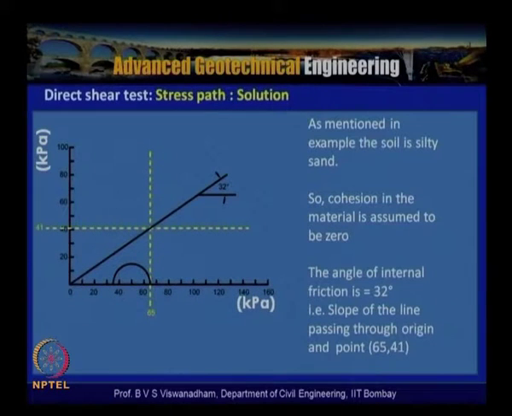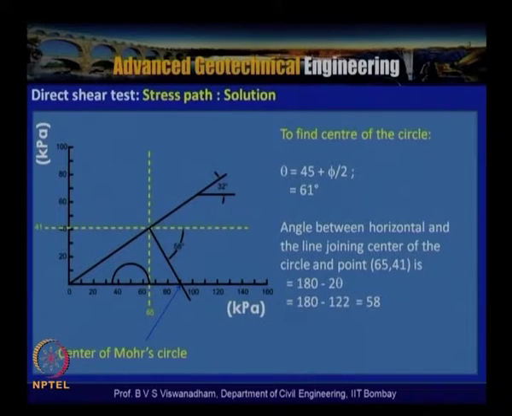So what actually happens is that when you locate that point, because it is given as silty sand, the cohesion is assumed to be 0, and then the envelope passes through the origin. So what we can get is the tau-sigma envelope, this is the tau, and sigma, passing through the point which is at 65 and 41. So when the angle of internal friction is equal to 30 degrees, the slope of the line passing through the origin and the point 65 and 41, and then in order to find the center of the circle,